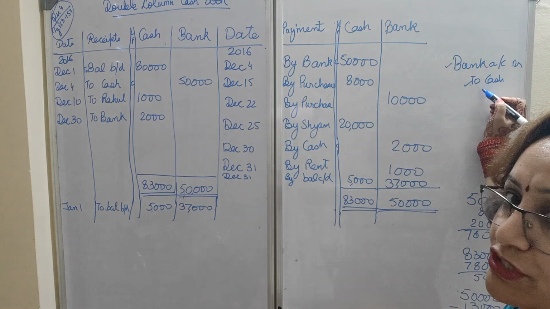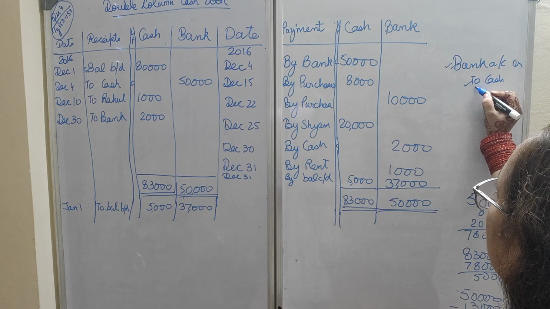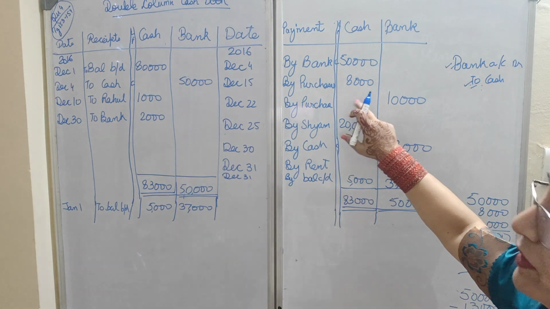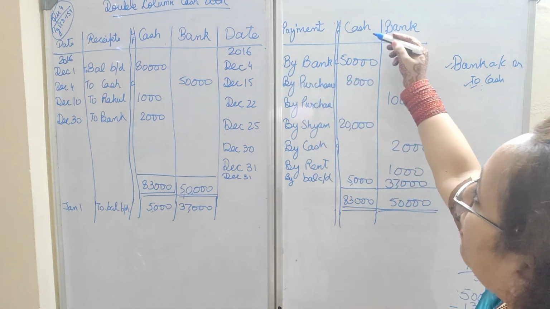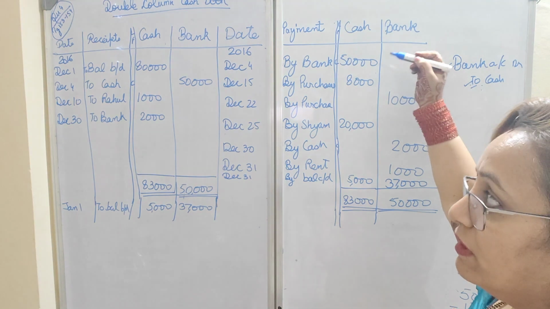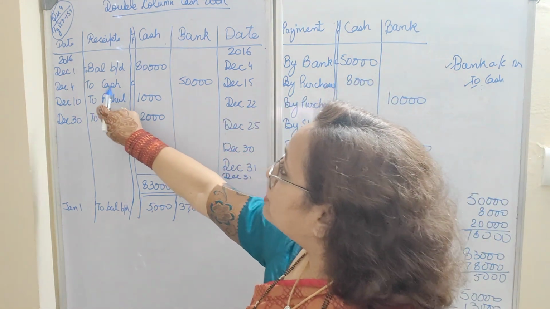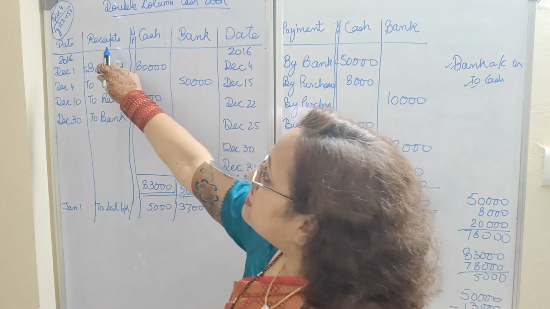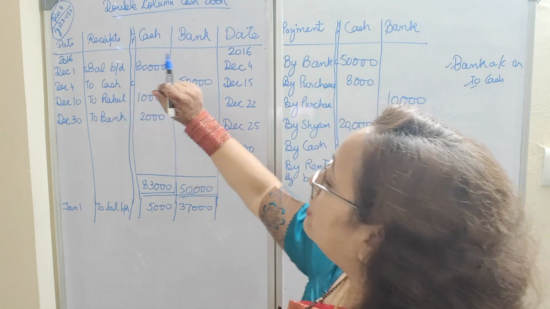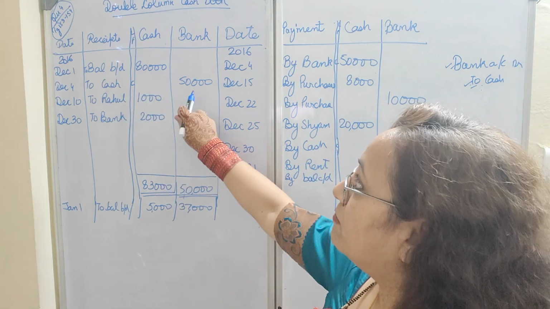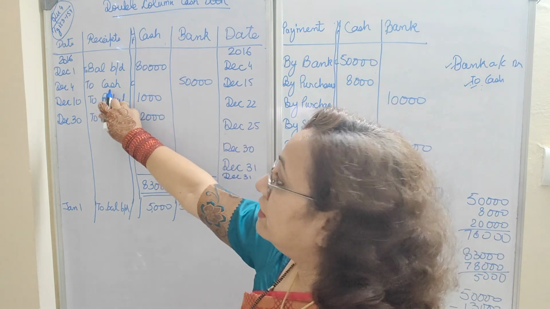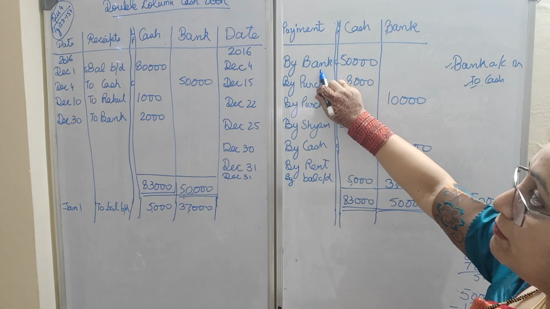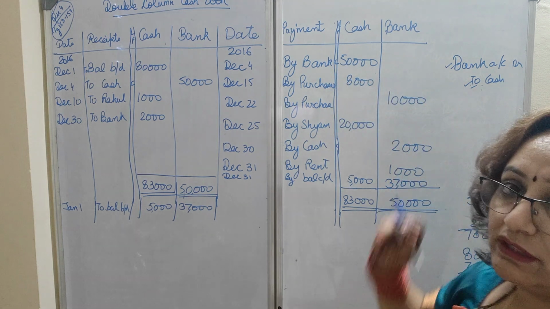See, this is the journal entry which should be done, right? So bank is on the by side, cash is on the to side. That side is to, this side is by. So we write by bank, but the amount will be written in the cash column. Over here we write to cash, but the amount will be written in the bank column. The logic I will tell you, because this is the receipt side. Receipt side means which account is receiving the money? Our bank account. But which account is credited? Cash. Now which account is making the payment? Bank. And what is affected? Cash.